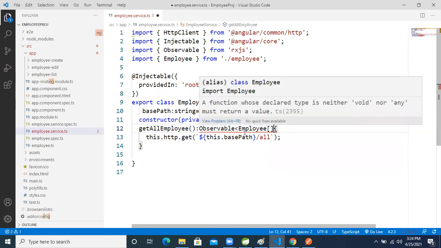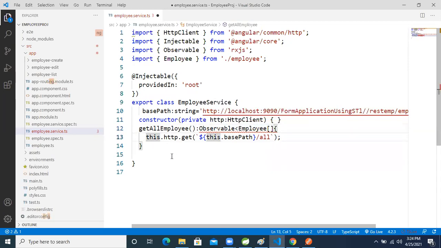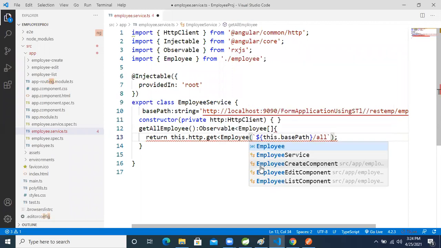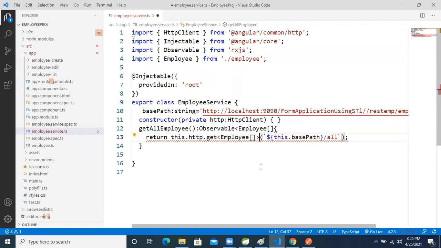It's asking for a return type, so we return it, but still some error is there. We need to typecast the data here also, Employee array. That's it.